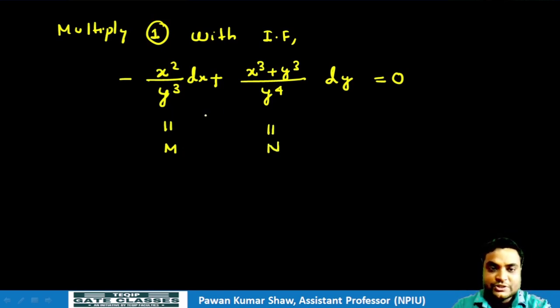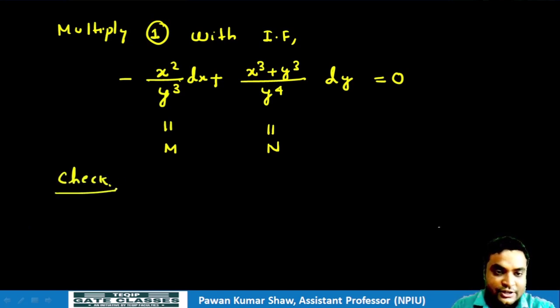Now if we check this quantity, suppose M is minus x cube by y cube and N is x cube plus y cube divided by y to the power of 4, in that case that equation will be exact. Why? Because here we already chose the integrating factor, which is 1 by y to the power of 4. So if we want to check, we can check. Suppose we want to check, it is not necessary, but we want to check here